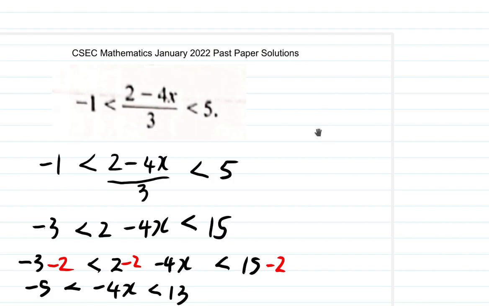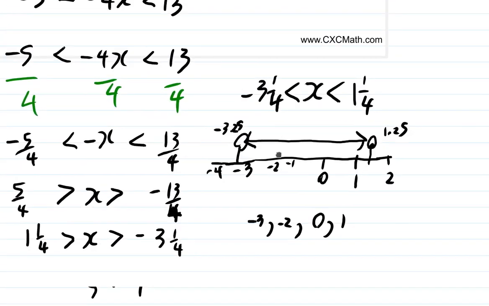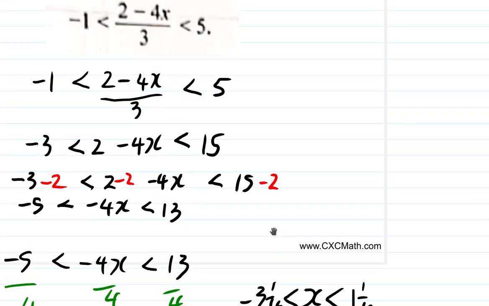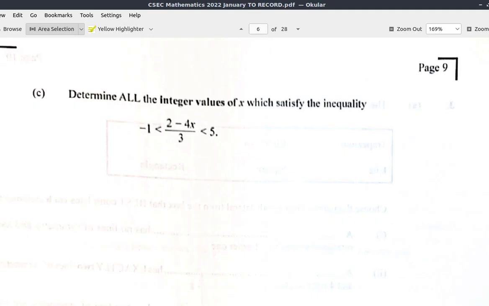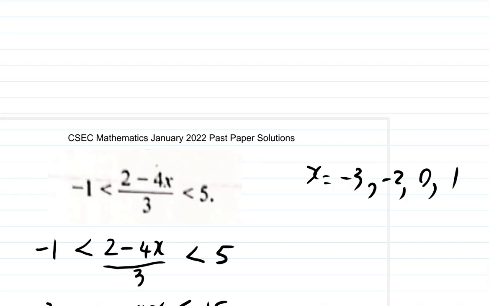But anyway, continuing. So here, x equals negative 3, negative 2, 0 and 1. So what they said are the integer values of x. Let us see now if they're really satisfied. Let's just test it. When x is negative 3,